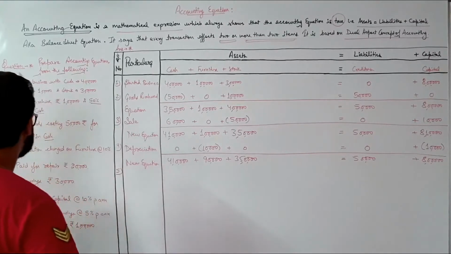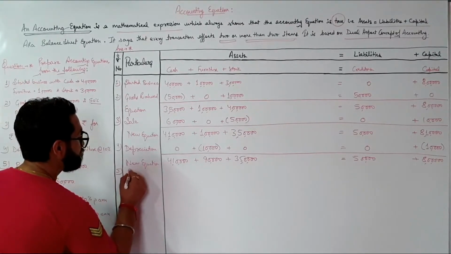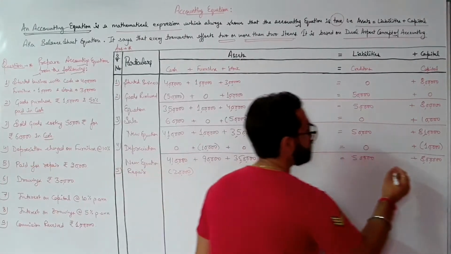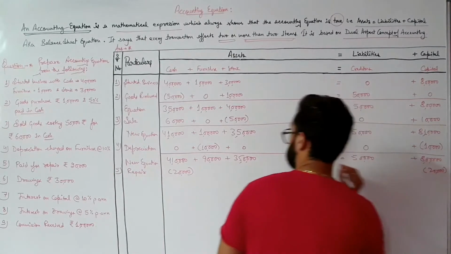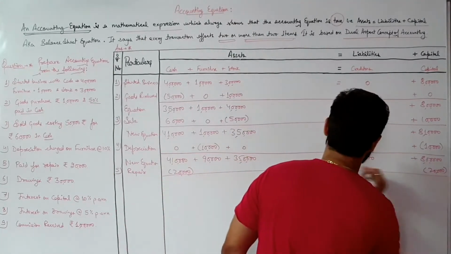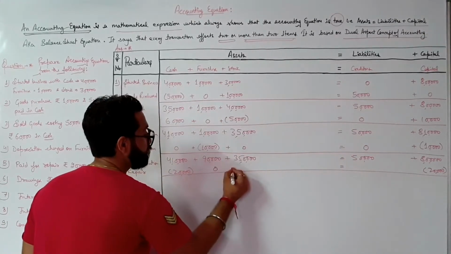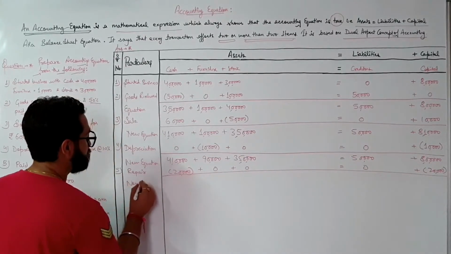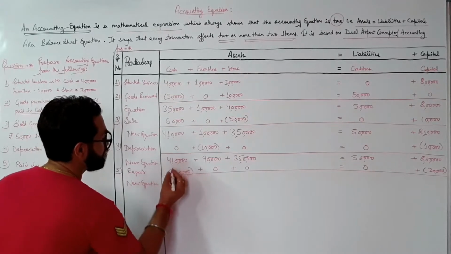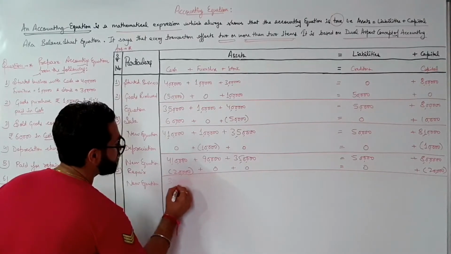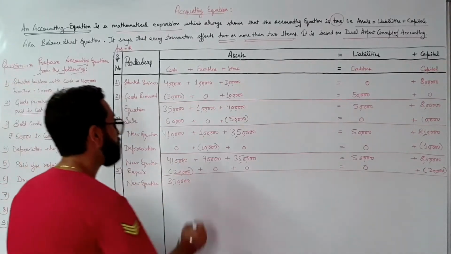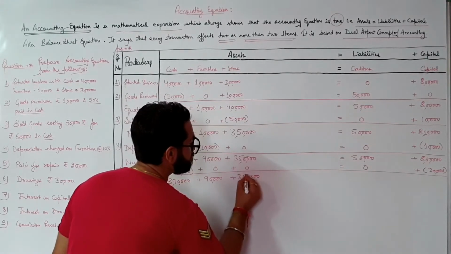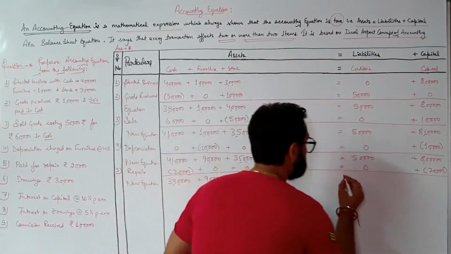Now the fifth transaction is paid for repairs 20,000. 20,000 rupees paid for repairs. It is an expense for the owner. So where there is nothing, zero effect. Okay. Now the new equation: 3,90,000. 4,10,000 minus 20,000. 3,90,000 plus 90,000 plus 0, 90,000 plus 3,50,000 plus 0 equals 3,50,000 equals